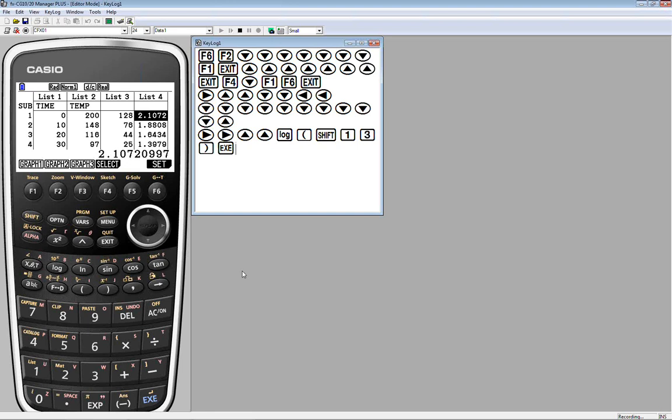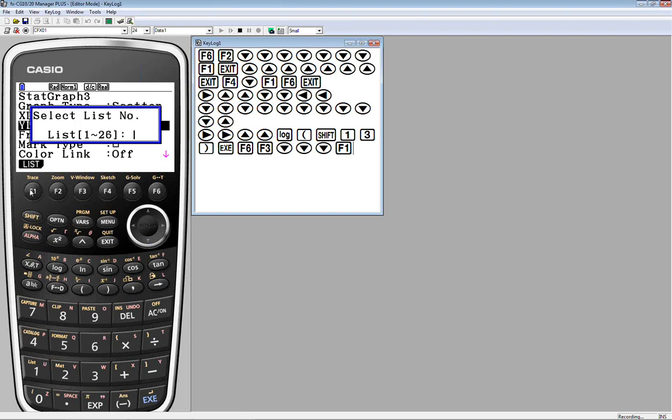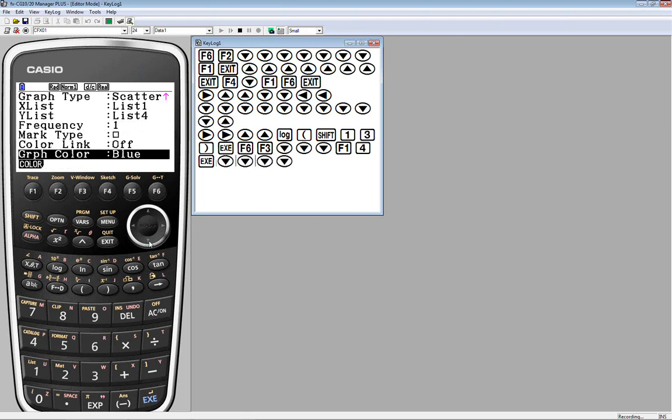Time for our 3rd scatter plot. Let's go to set. This time graph 3. We'll now have a scatter plot using the values in list 4. Execute. Might as well use another color. Just helps me keep track of what's what.